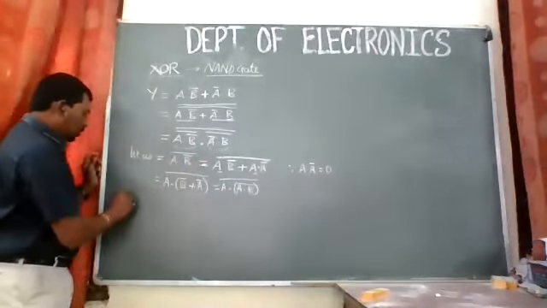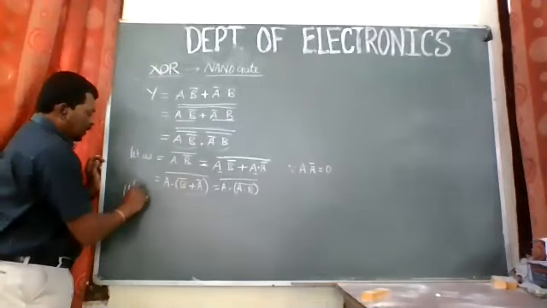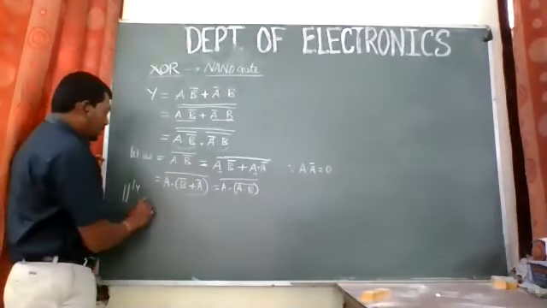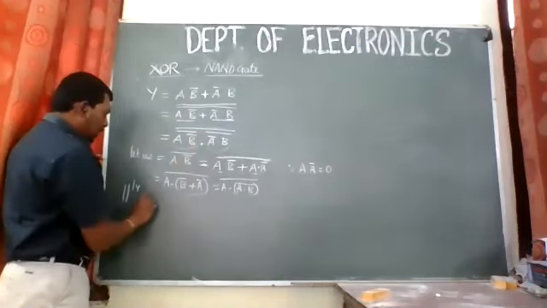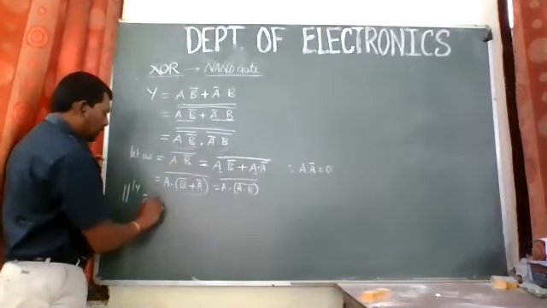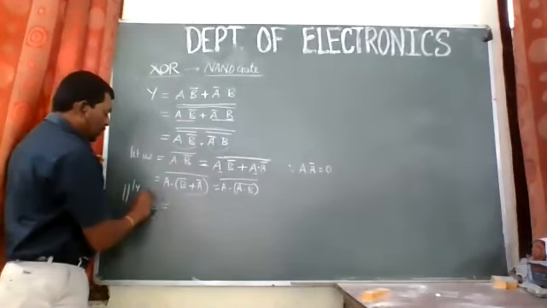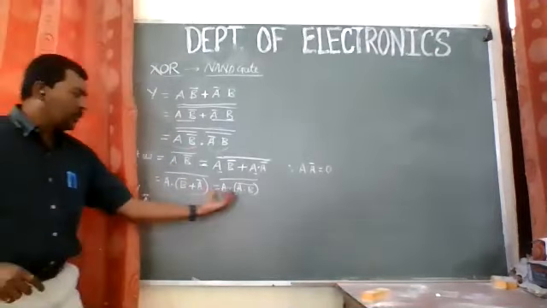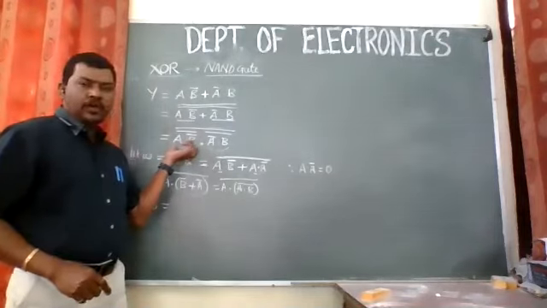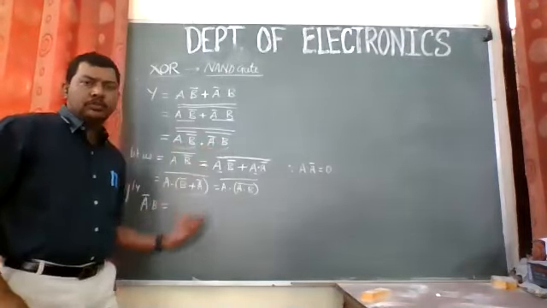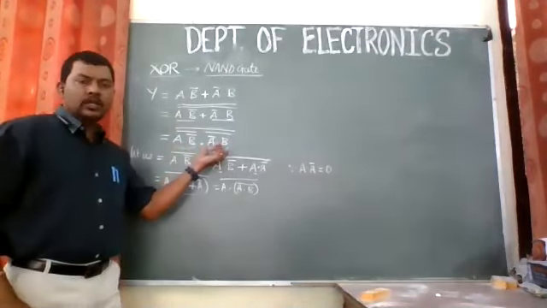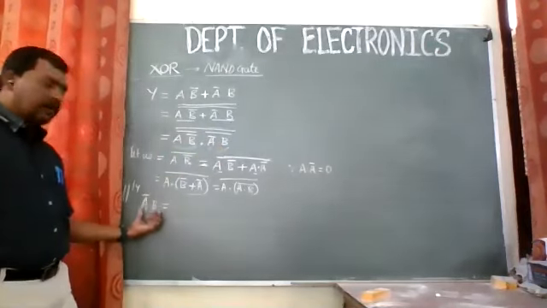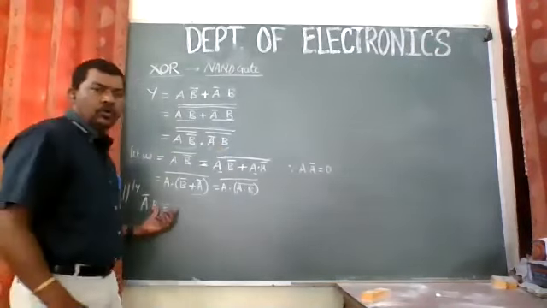So can we do this similarly for the other equation, that is A complement dot B complement? Can we do the same for this equation? We'll be putting this term in the place of here, and the other term which we will be deriving over here, we'll be putting in this place. So can we reduce this equation now? How are we going to reduce it?